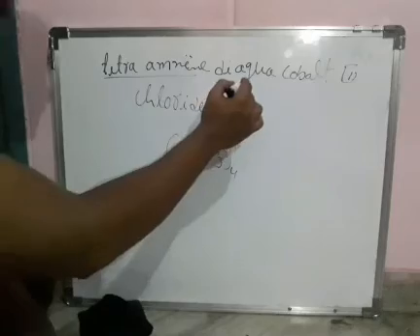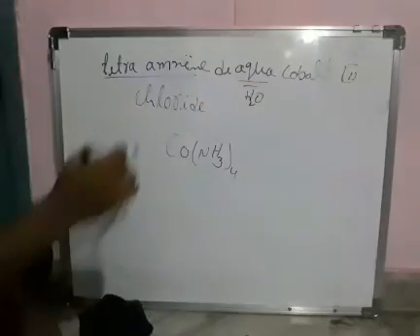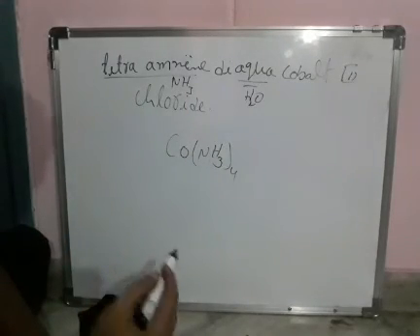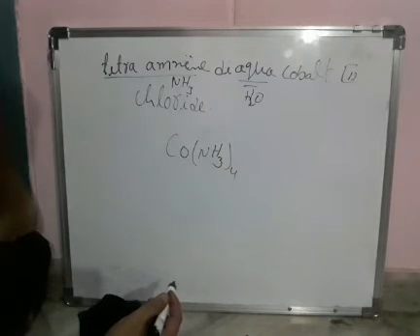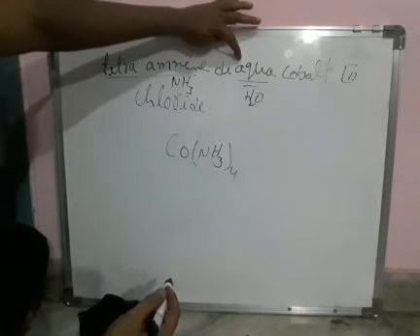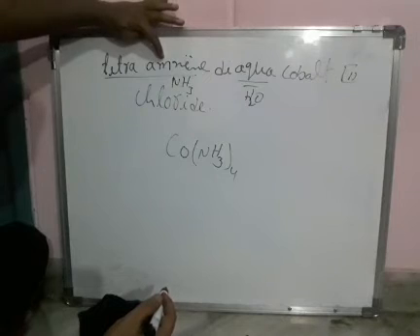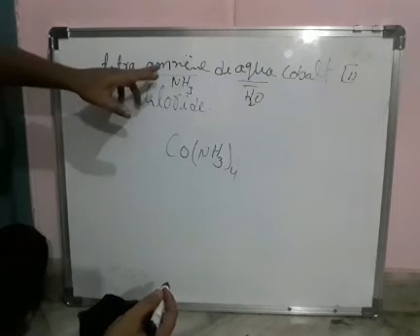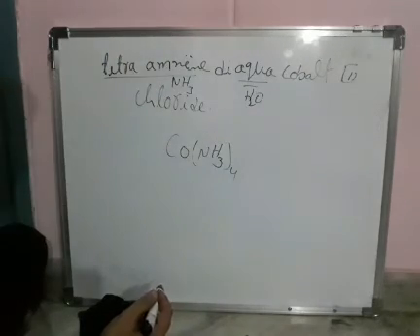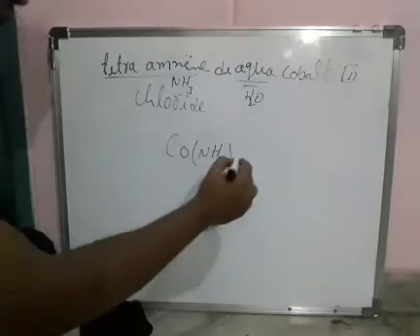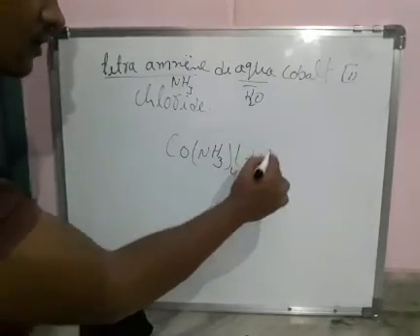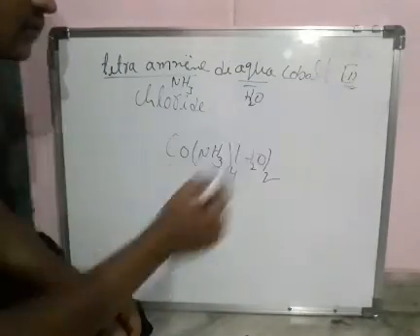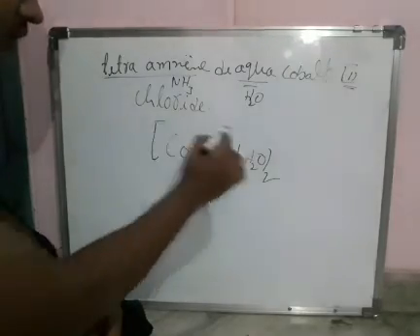Here aqua is nothing but H2O, and ammine is nothing but NH3. And here two types of ligands are there. Then we have to give the first priority to ammine, because of alphabetical order: A and A is there, it doesn't matter, and the next alphabetical letter is M and Q. So first alphabetical order is M, that's why we have to give priority to ammine. Co(NH3) 4 times, and diaqua, so H2O, diaqua is nothing but 2 H2O. Cobalt, here the oxidation state is 3, so it should be represented in square brackets.